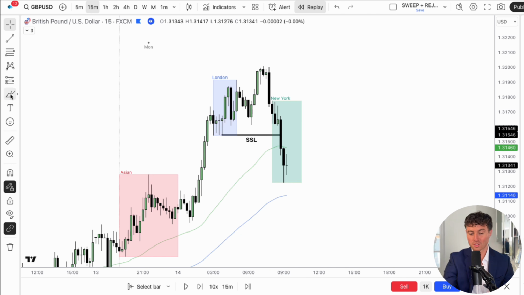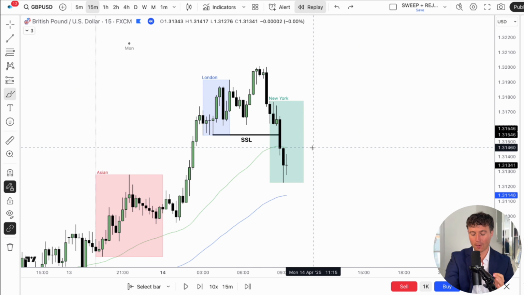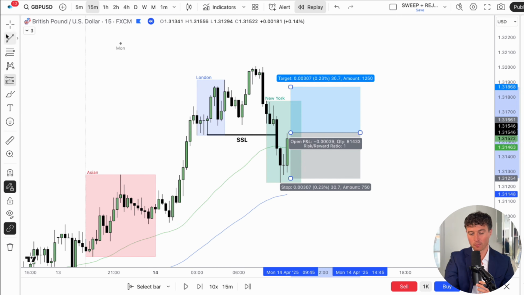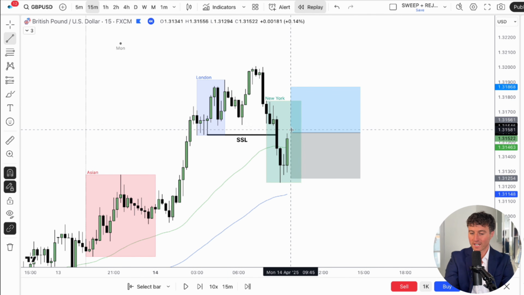And it's very important that you don't just go blindly longing this area right here. You need to wait for the market to show its hand. You need the market to indicate that buyers are actually stepping into the market. We get a 15-minute bullish confirmation right here, and so we can enter on the break of this candle high,